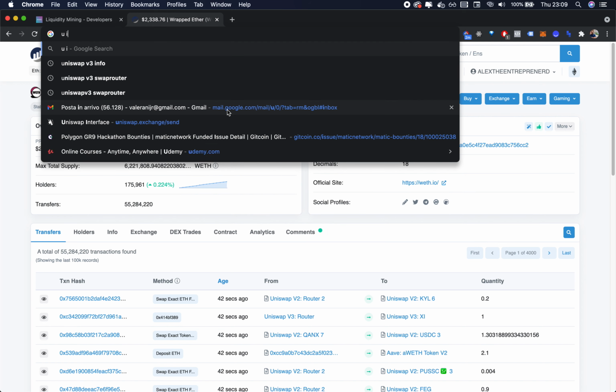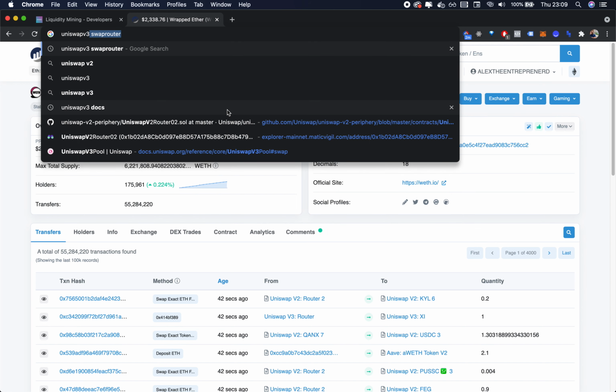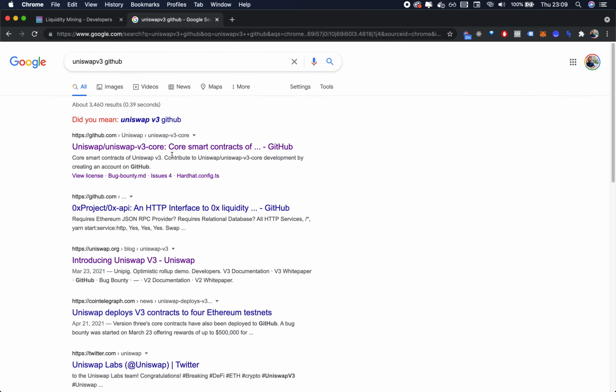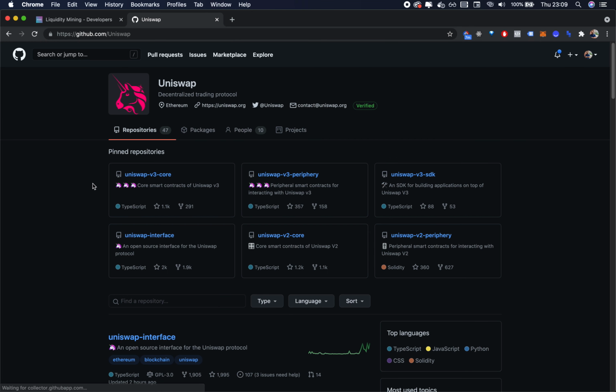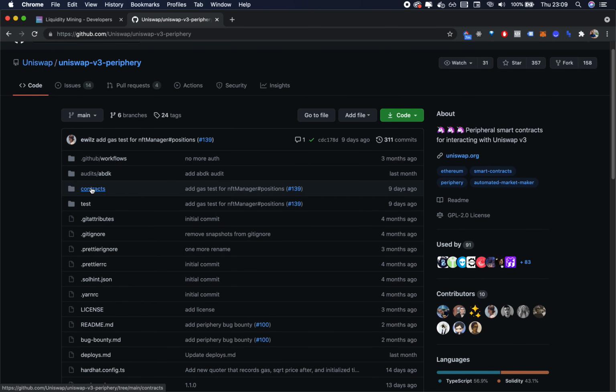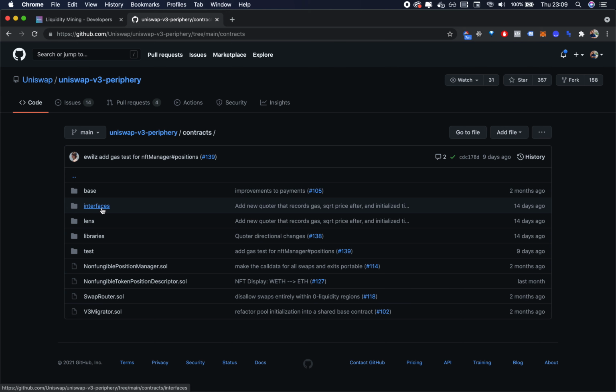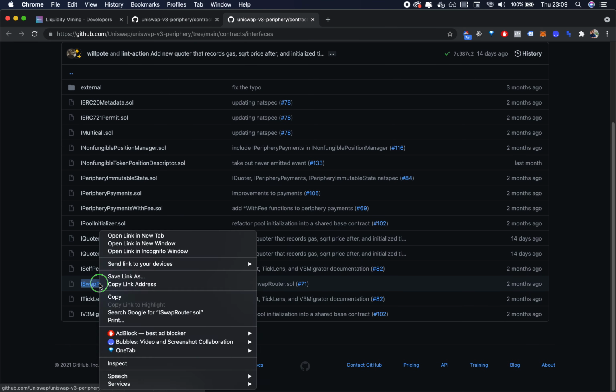So let's search for Uniswap v3 GitHub, and we'll find the only link I got is the core, but you should never use Uniswap core. It's too complex. You should always use the Uniswap periphery. In our case, we want to get the contracts. We need to get the interface for the swap router, so the iSwap router, and I believe we also need